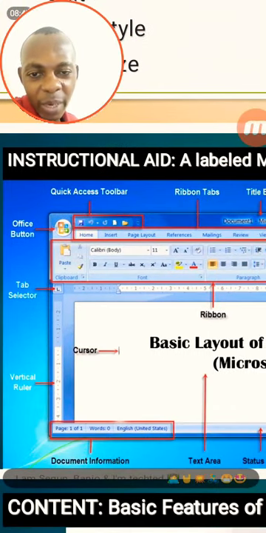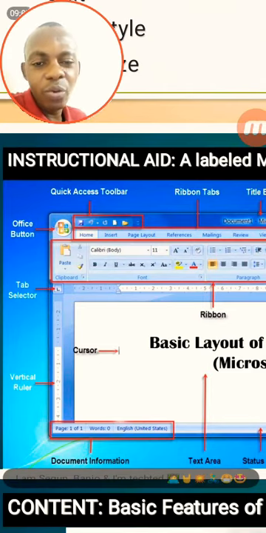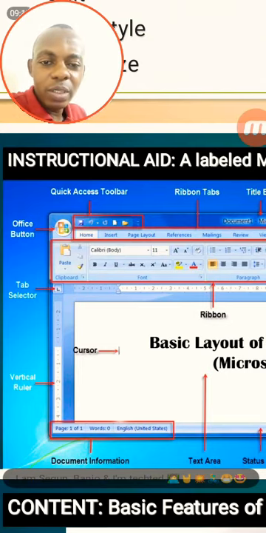Starting from the upper part there, you can see those buttons. That particular button is called the office button. Then somewhere up there, you see the quick access toolbar. All this is for you to name the MS Word environment, because you need to know some of this. If I'm giving instruction, I say go to this place or that place, you should be able to know where to turn. You see the tab selector, you see the vertical ruler,